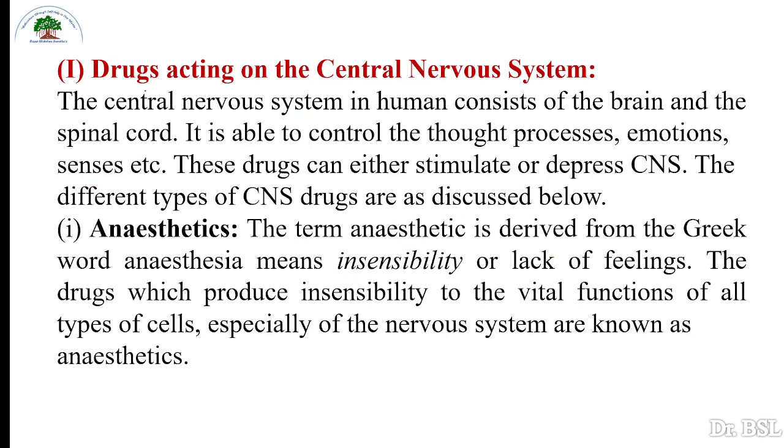First is drugs acting on the central nervous system. The central nervous system in human consists of brain and the spinal cord. It is able to control the thought process, emotions, senses. These drugs can either stimulate or depress central nervous system. The different types of CNS drugs are as given below. First one is